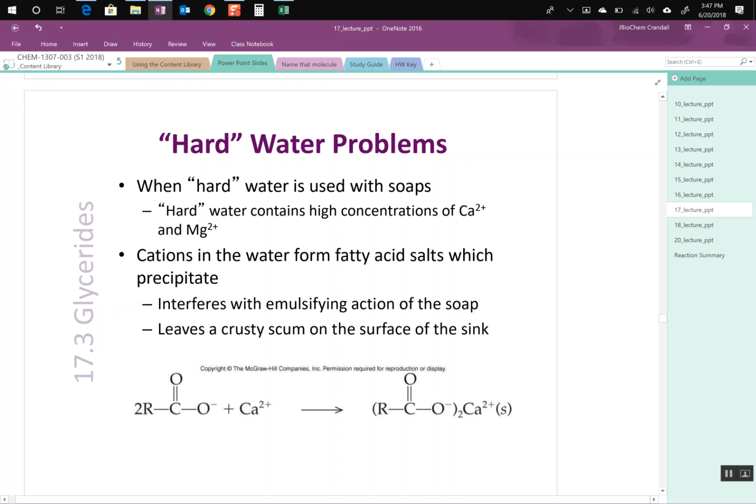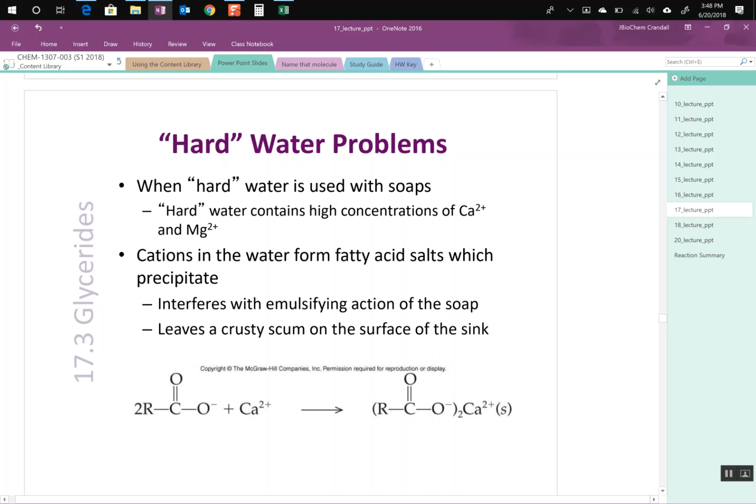Those anions with that cation form precipitates, which are insoluble. They won't be dissolved by water. Okay, and they create these hard films on stuff, on your dishes or on your bathtub or on your shower,